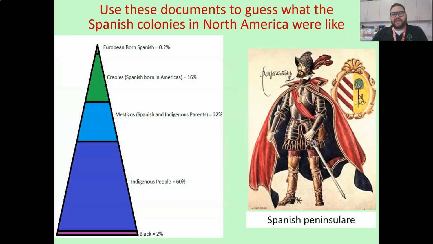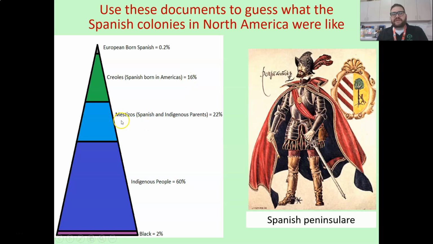We can also look at this to see other ways in which Spanish colonies were during this period. This shows the general population within Spanish colonies in North America. We have the European-born Spanish. So this is a group known as the Spanish Peninsulares, and this is a very, very small amount of the population in the Spanish colonies. So only 0.2%. Creoles were a group that it was people from Spain who had children in the Americas, and those children were known as Creoles. So Spanish citizens born in the Americas,